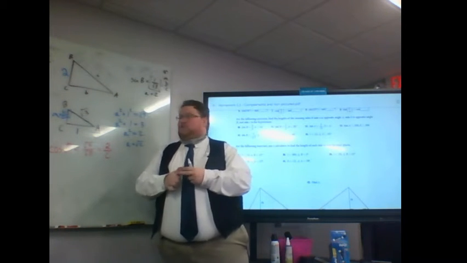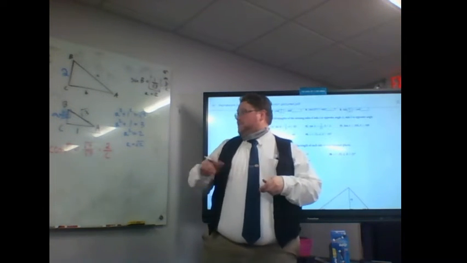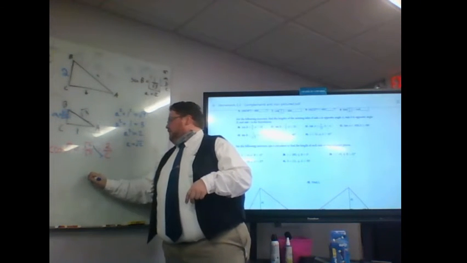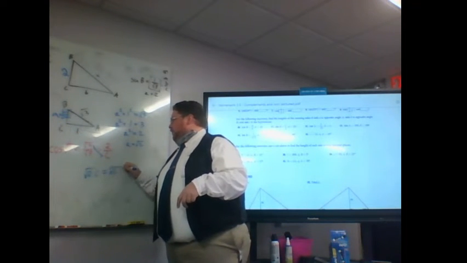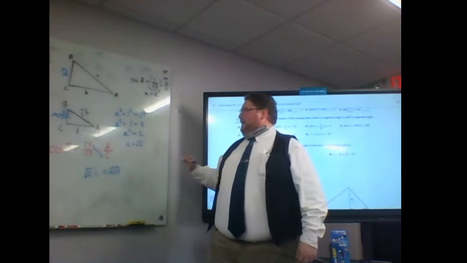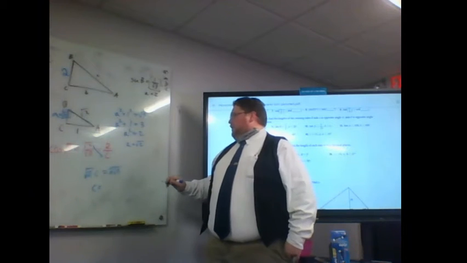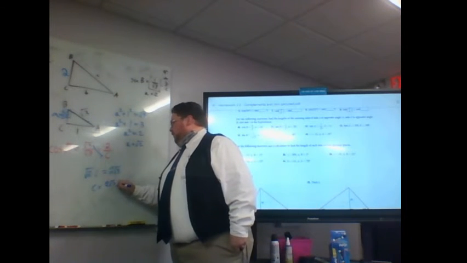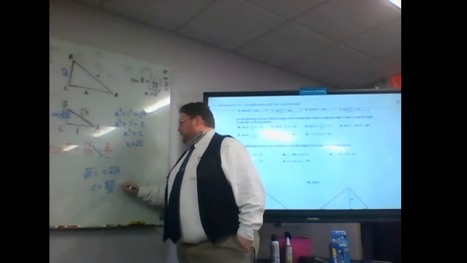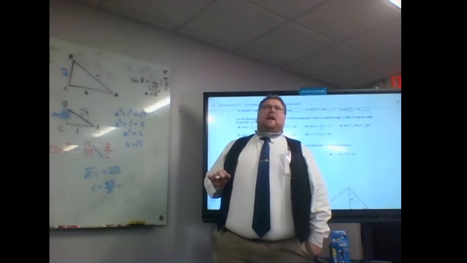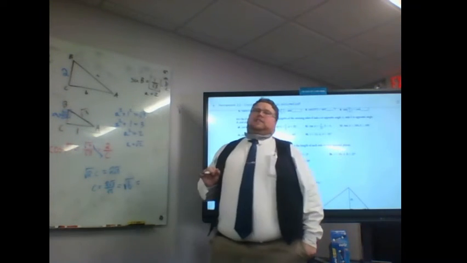At this point, make sure you have your algebra good, because the next step is to cross multiply and divide. Square root of 2 times C, so square root of 2 C, equals 2 times the square root of 3, 2 square root of 3. And then divide to get C by itself. So this becomes 2 square root of 3 over the square root of 2. The simplified radical version would be the square root of 6. The decimal would be